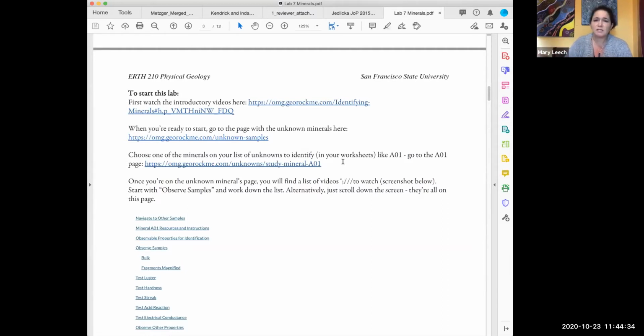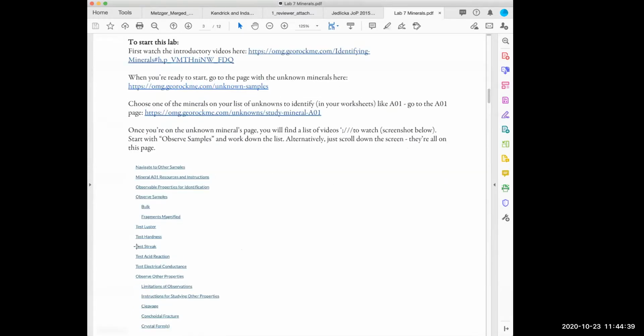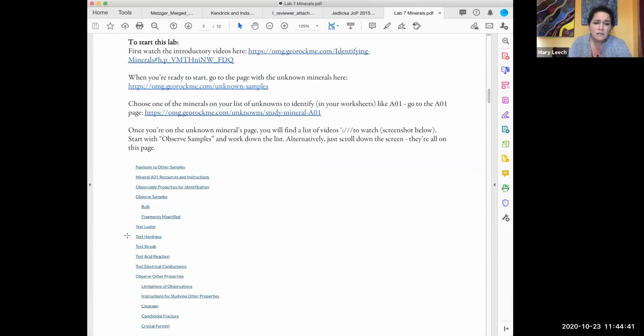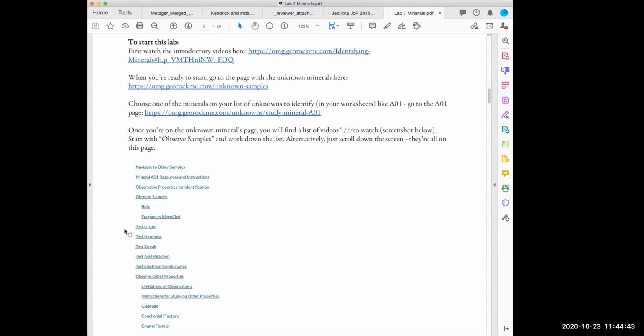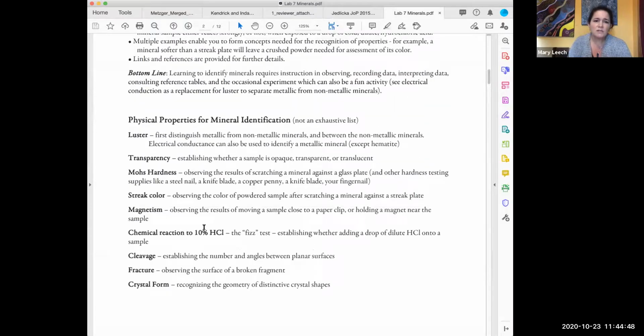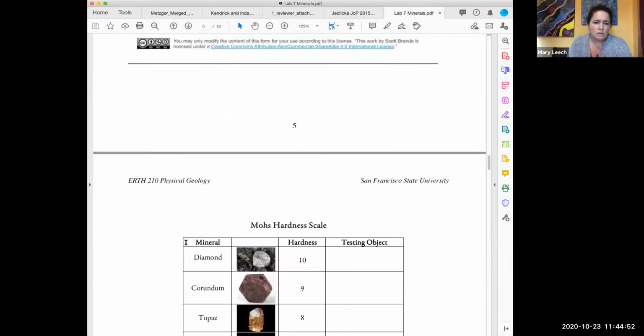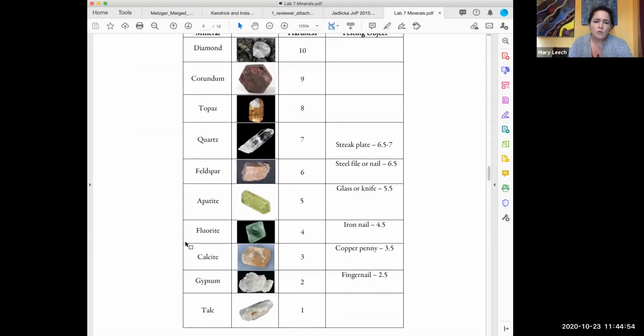Well, that just corresponds to the test that you do. When you perform one of these hardness tests, you're not filling out the Mohs hardness scale. It's a comparison, right? Sorry, I'm going to the wrong page. This one. So you're going to get some unknowns. These are knowns, right? It's a known scale. You get an unknown mineral, and what you need to do is test its hardness using